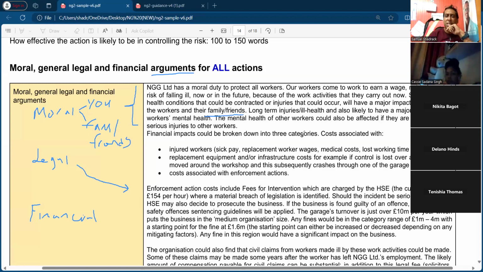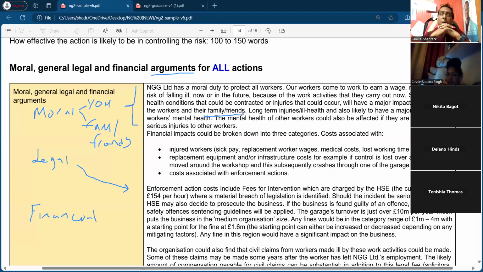It affects mental health, and if something has happened to you, what's going to happen to your family and your well-wishers, if you have any of those? They look for family and friends, so you all should put family and friends. Don't leave it out. That's the moral duty. I can make up one on the spot, not as if I have to, but I could still say